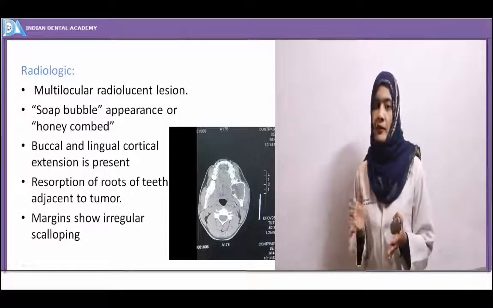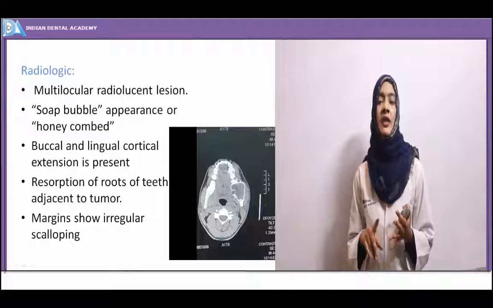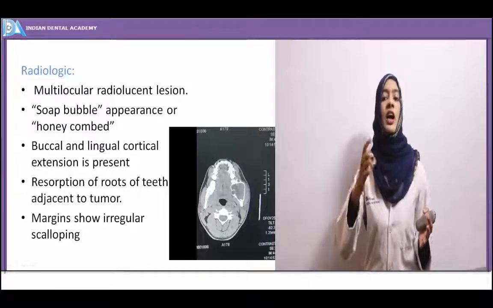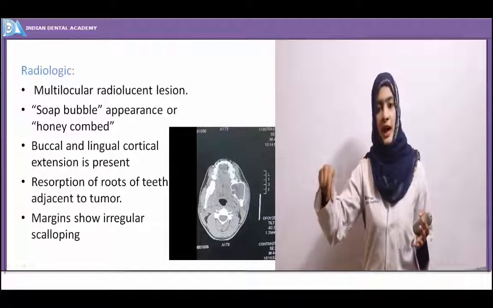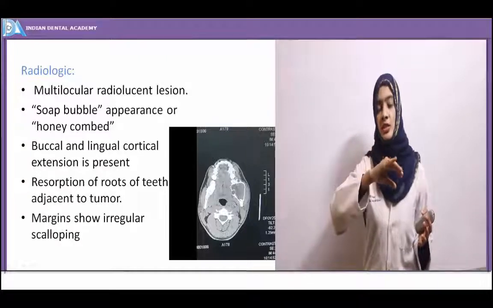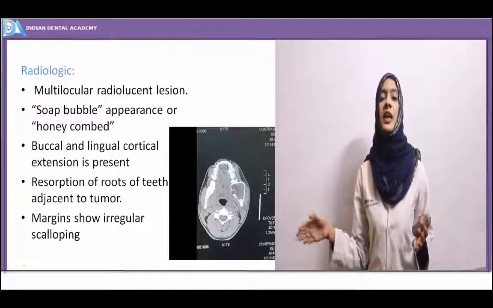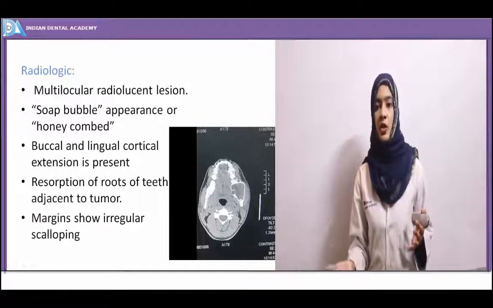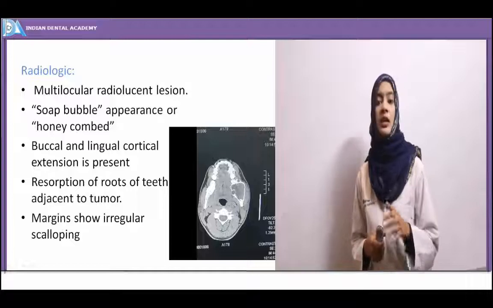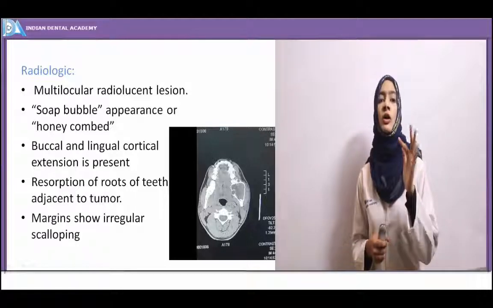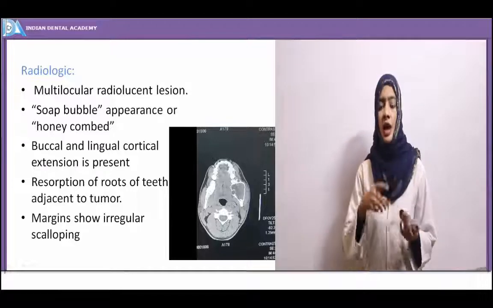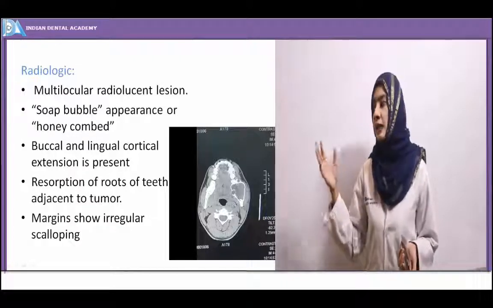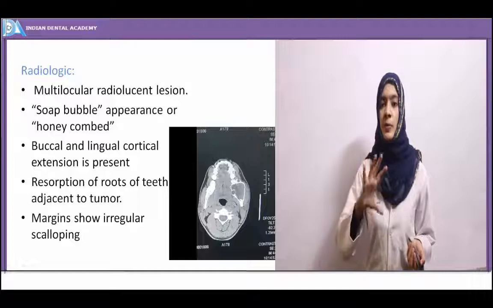Both the buccal and lingual cortical plates are expanded, and whenever the tumor is involving the mandibular ramus area, if the teeth are involved in that particular region, there is resorption of the roots of those teeth, along with obvious mobility of teeth. The margins of the alveolar bone show some form of irregular scalloping, and sometimes this lesion also may be presented as